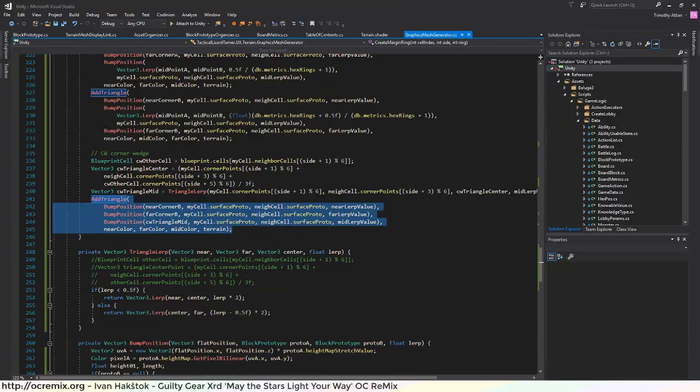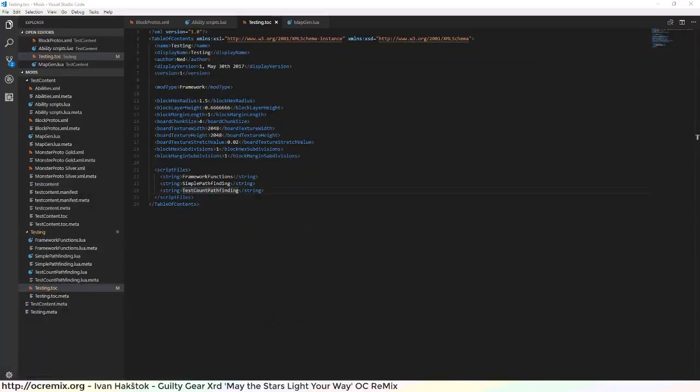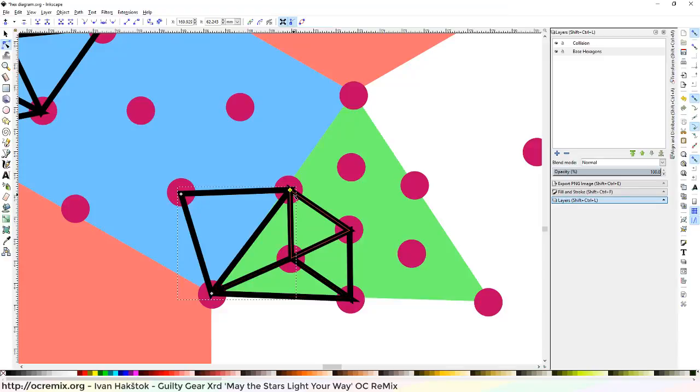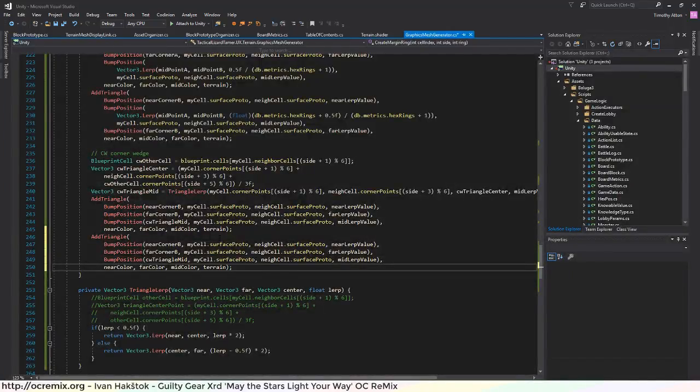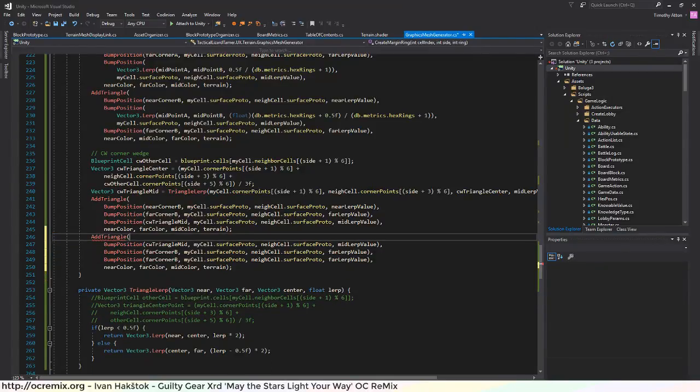Okay, and the next one starts at the mid and then goes up here and then to the triangle center. And the triangle center point,